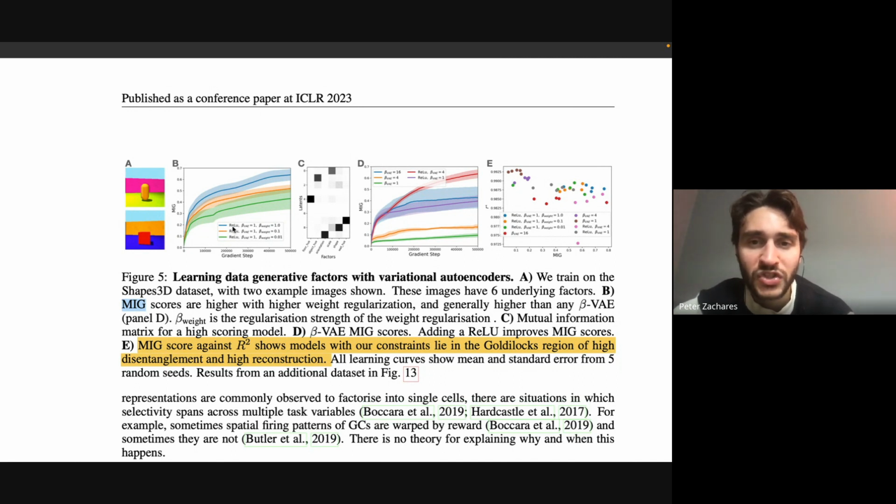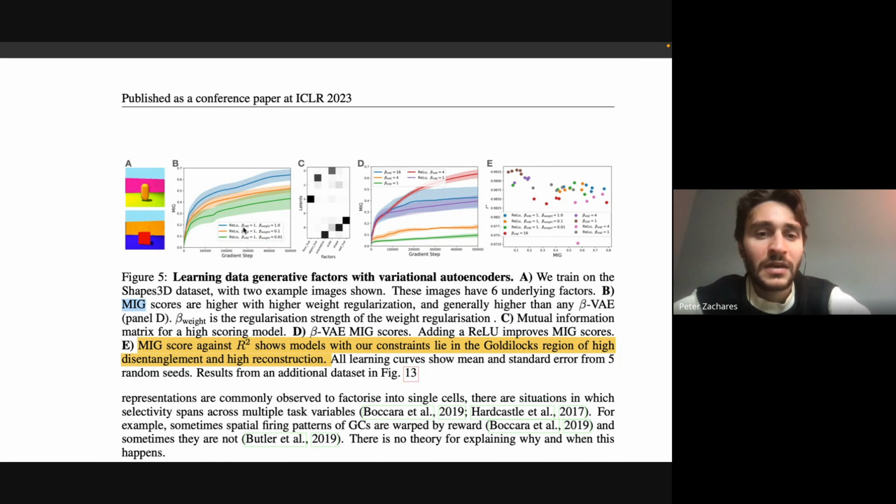So just so you know what each of these things mean, when they're saying ReLU, they're not talking about having ReLU within the encoder or the decoder of the variational autoencoder they're training. Instead, it's on the representation outputted by the encoder, which usually doesn't have a ReLU on it. So this is enforcing that the output of the encoder, which is usually the mean and variance, but specifically the mean, will always be non-negative if they add